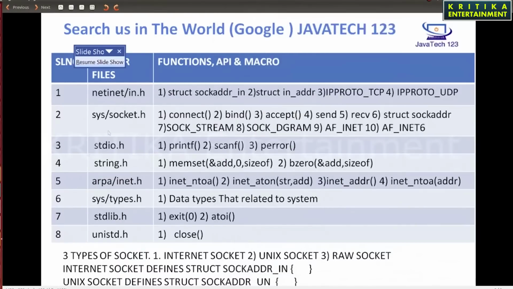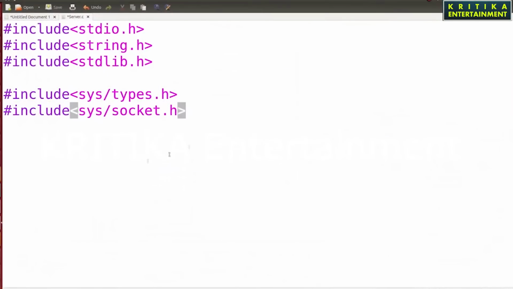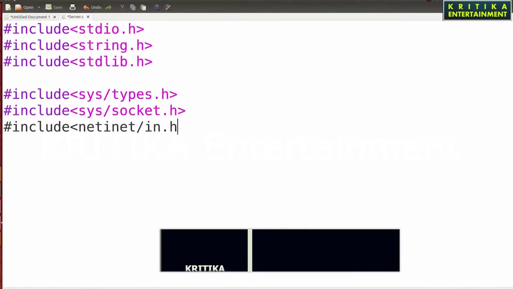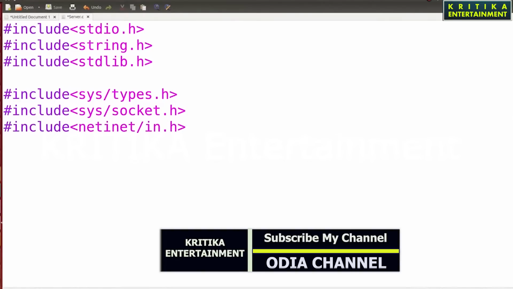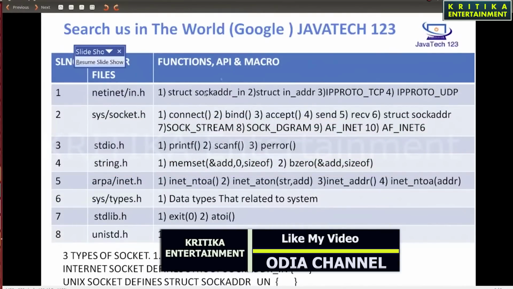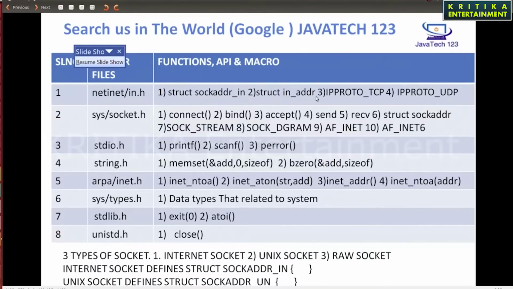Now I will add netinet/in.h: #include <netinet/in.h>. Why do we use this? Because netinet/in.h contains the structure sockaddr_in, which is used to store the IP address and port.